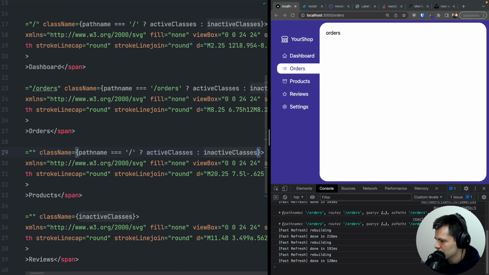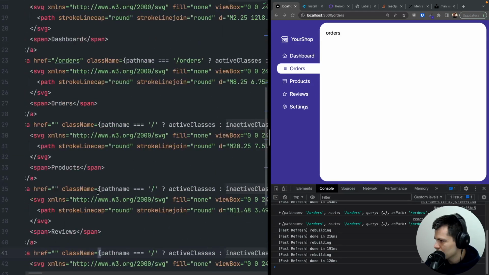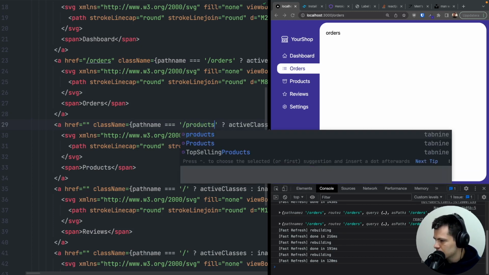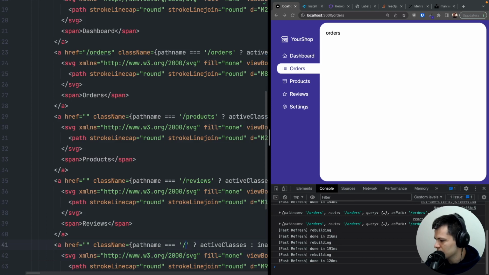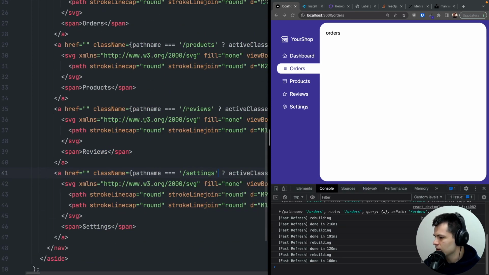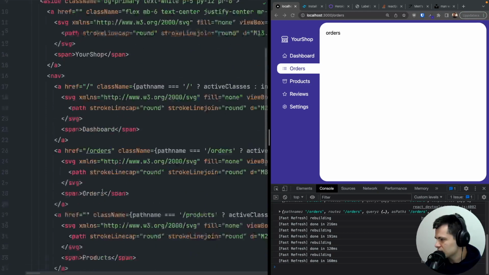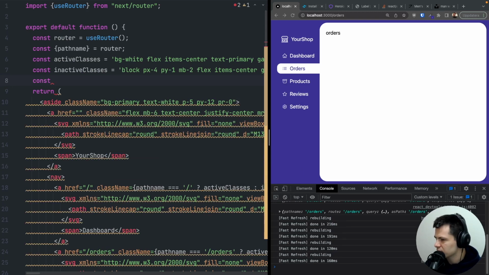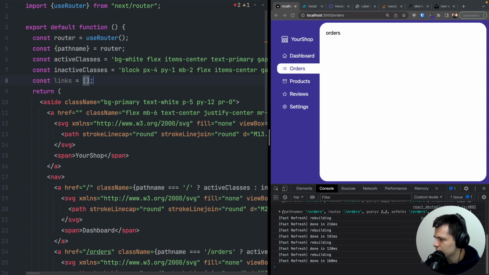And now we can copy this and use it also on other links. So let's put it here and here and here, but we need to update those strings: products and reviews, and the last one is settings. There is some copy paste here because this settings should be also here and so on. So maybe we can actually put all those elements inside an array. So let's do links equals an array, and now